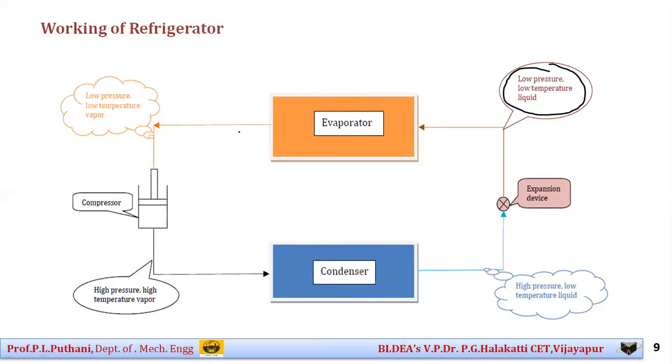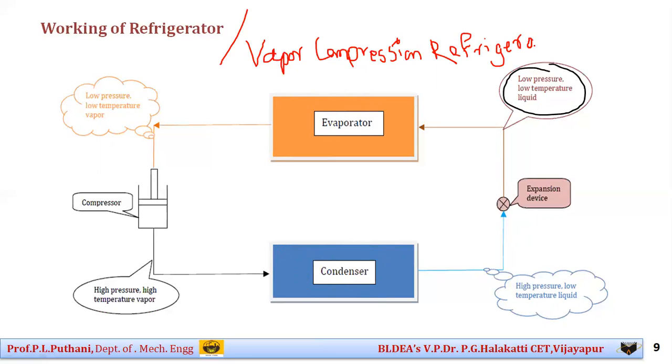Students, one more point I would like to highlight here is that this explanation is the same even for a type of refrigeration which we call vapor compression refrigeration. So in your examination, if they ask you to write the working principle of a refrigerator or a VCR, vapor compression refrigeration, both are the same. The explanation is the same for both of these. In short form, we call it VCR.